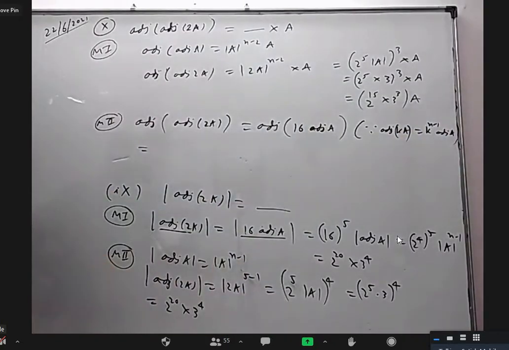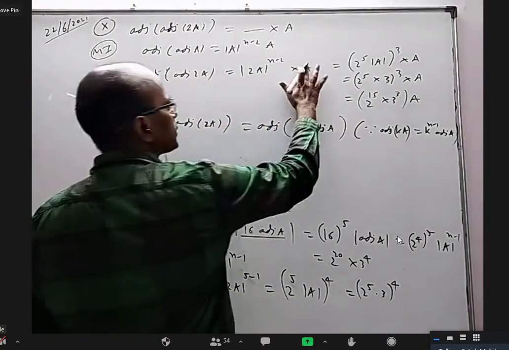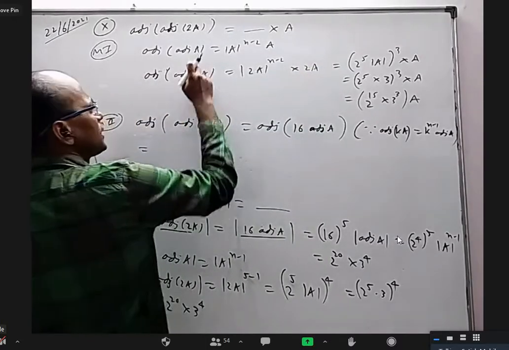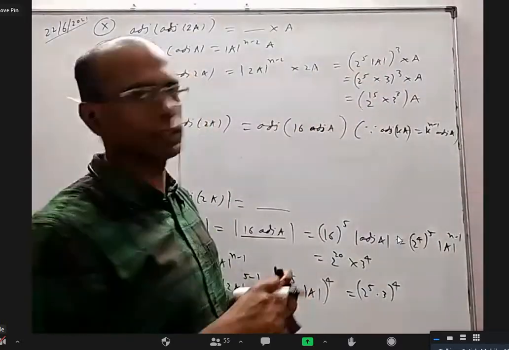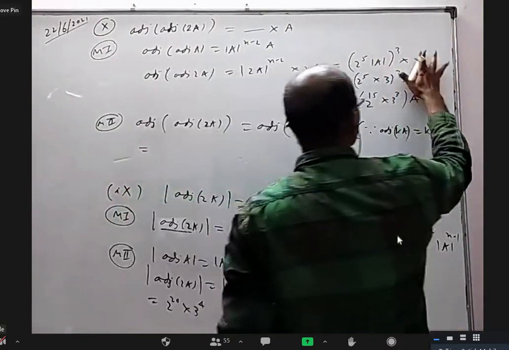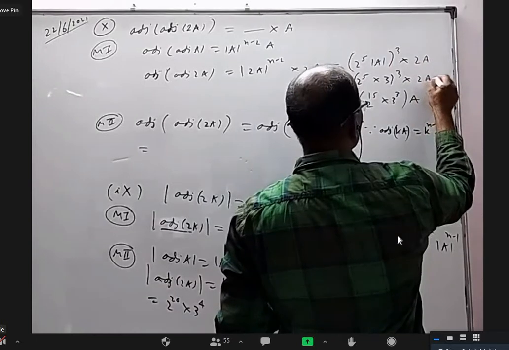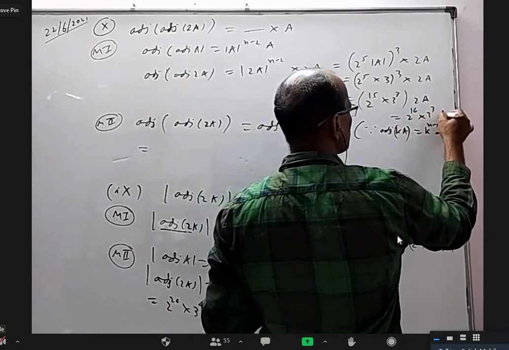Sir, actually you told that wherever A is there, you substituted with 2A. So why didn't you substitute there, beside det A to the whole power n minus 2 into? Yeah, I wrote wrong. Thank you. This is not A, it is 2A. When I substitute A as 2A, I have to write here also, here also. So if somebody said 2 power 15 into 3 cube, wrong. It is 2 power 16. Yes, good Shanmukh, thank you. In a hurry, I was also writing. So it is 2A here, 2A here, 2A here, 2A here, which is actually 2 power 16 into 3 cube into A.